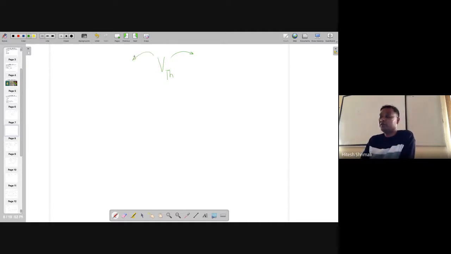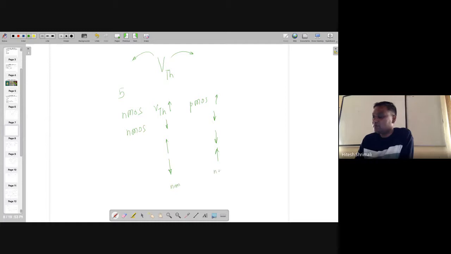So in total, you will have 5 different corners of NMOS and PMOS: NMOS VTH is higher and PMOS VTH is also higher; NMOS VTH is lower and PMOS VTH is also lower; NMOS high and PMOS low; NMOS low and PMOS high; and both normal. All these things we are going to call the process corner.